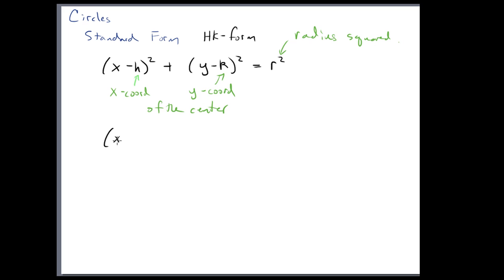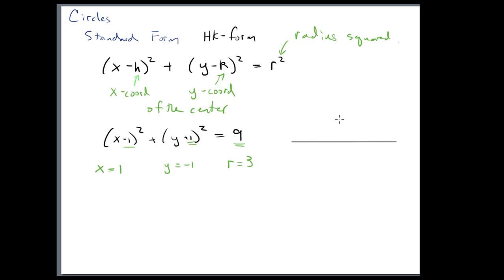So if I had (x − 1)² + (y + 1)² = 9, the x coordinate is going to be 1, the y coordinate is going to be −1, and the radius is 3. So if I draw